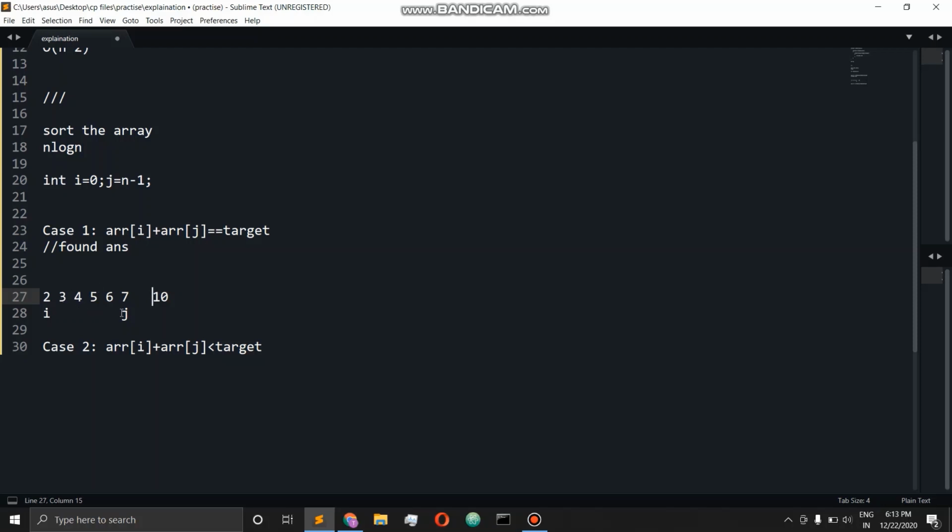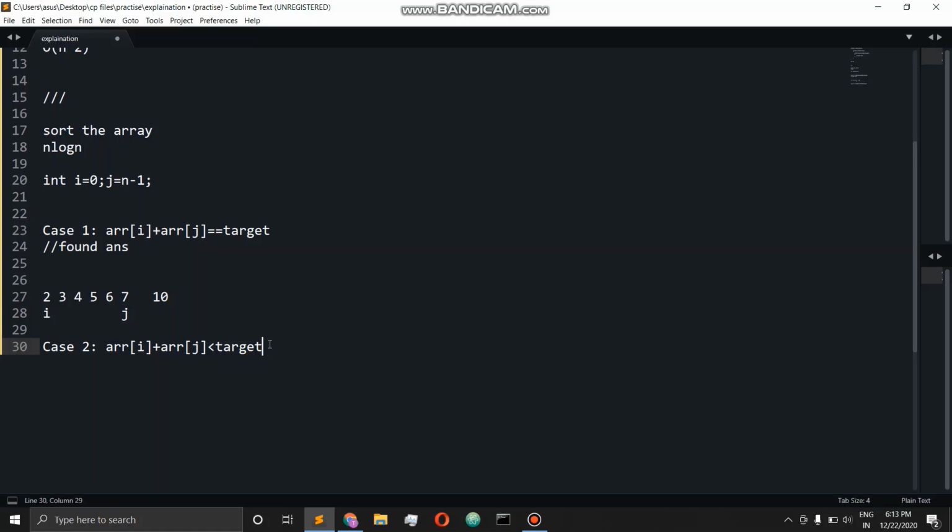Let's say I first move the j pointer. I also told you that the pointers are unidirectional, they move in only one direction. So j will always move in the left direction and i always moves in the right direction. Now if I move j, the overall sum becomes 2 plus 6, which is 8. It actually reduces, and this will always reduce if I move j, because the array is sorted. So the value at j minus 1 is always less than the value at j. This means that the overall sum will always reduce. But our sum is already less than target, so we do not want the sum to reduce.